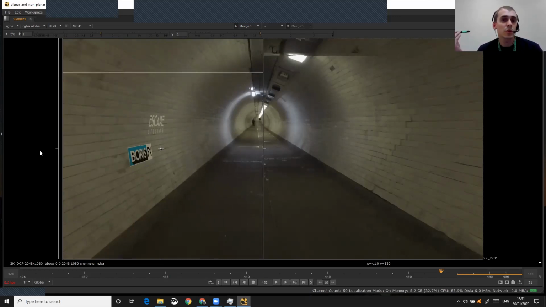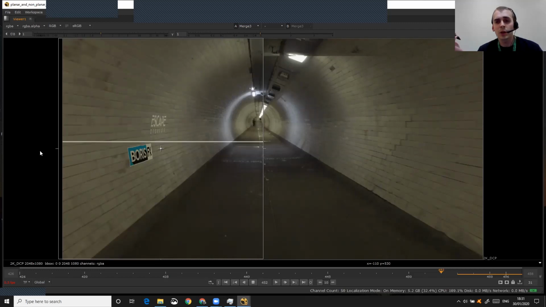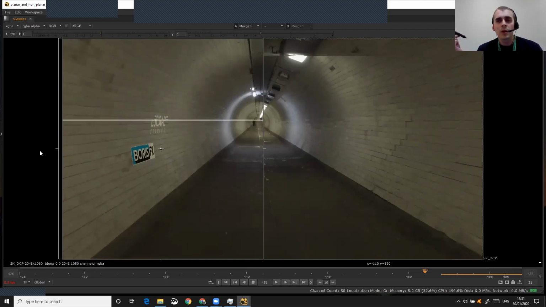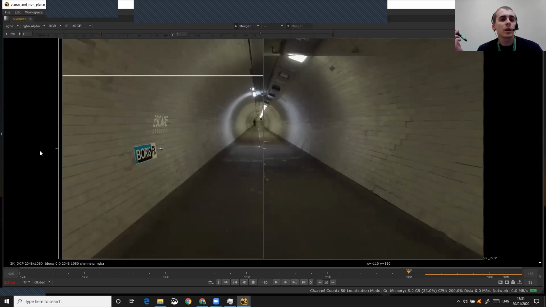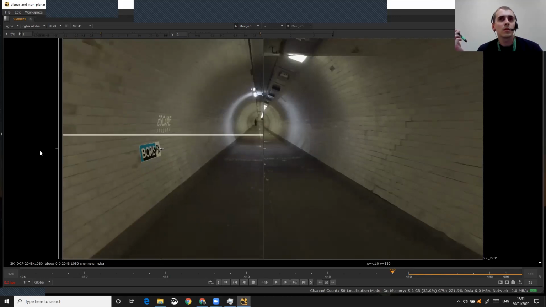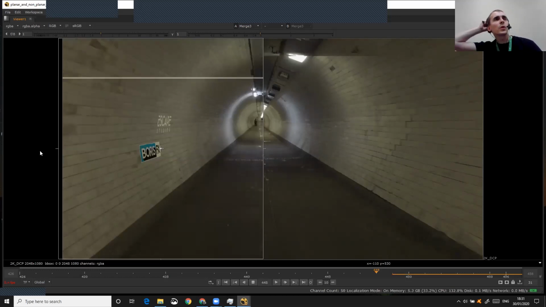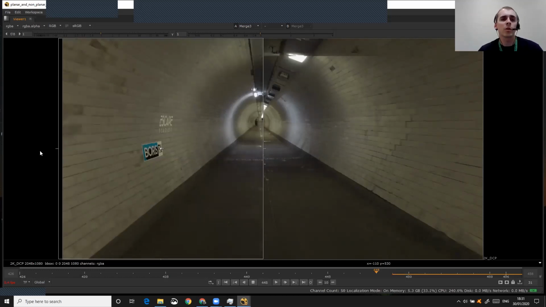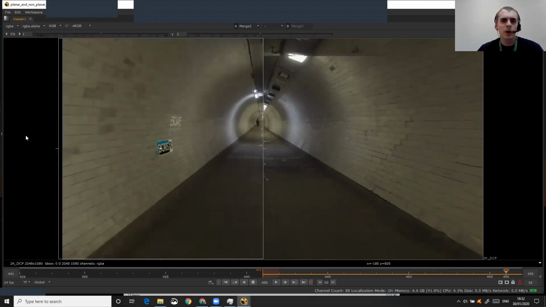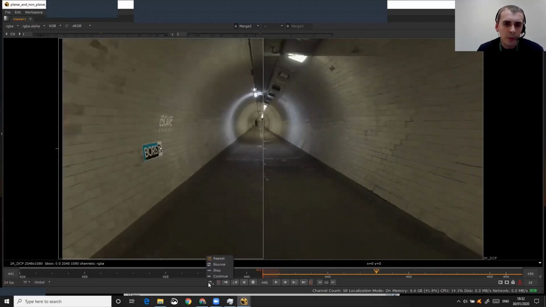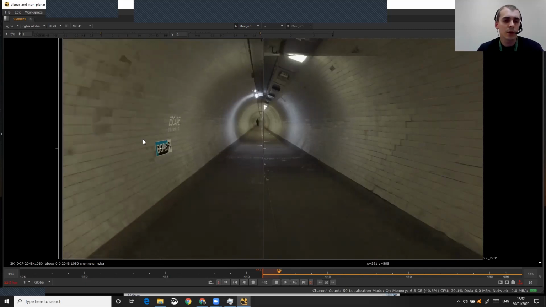So this is cool. And what it kind of shows is that planar tracking, like any other technique, is not a complete solution anyway. It's always part of a bigger compositor tool set. So that's cool. I'll leave this caching for now. So the important thing here, I'm going to put this on bounce, is that